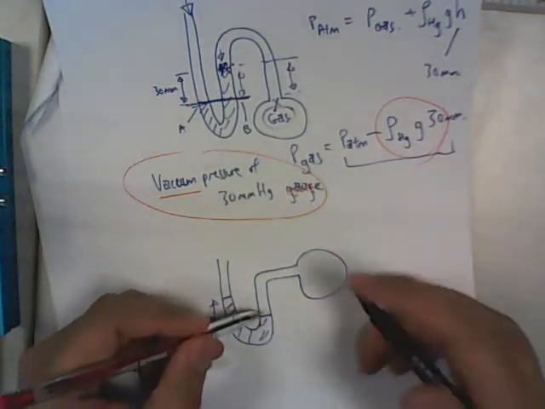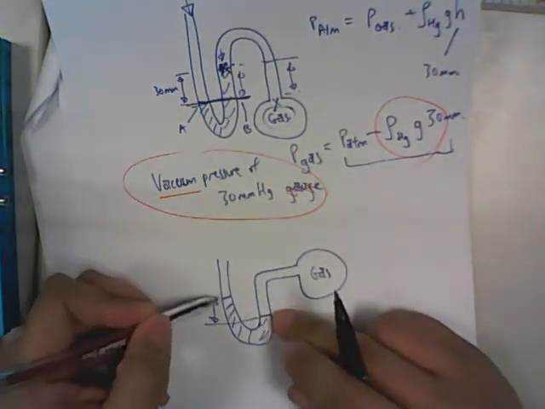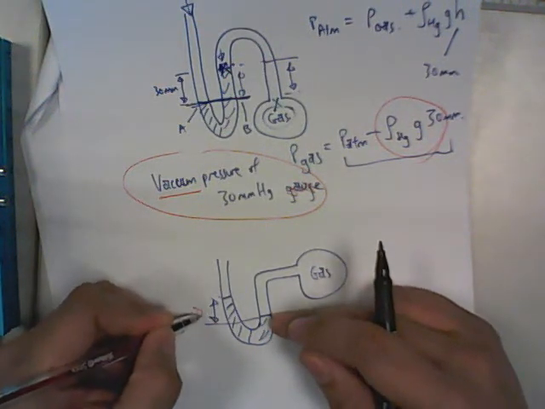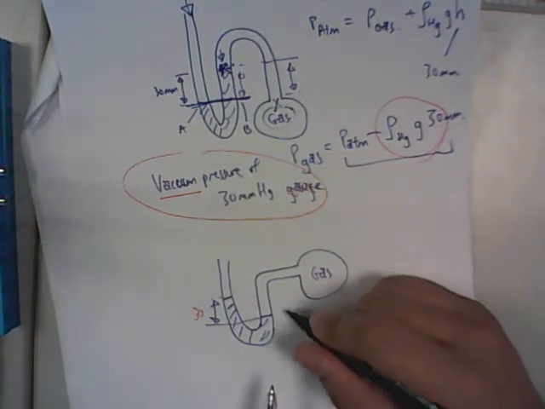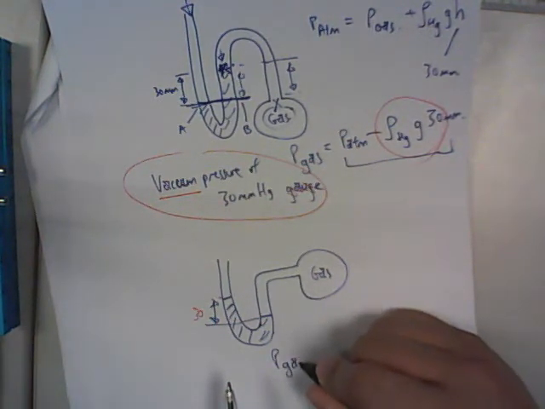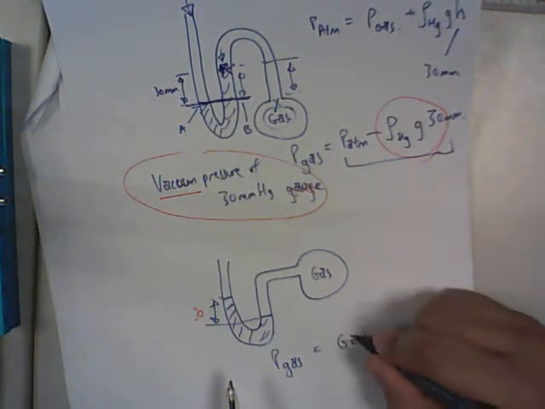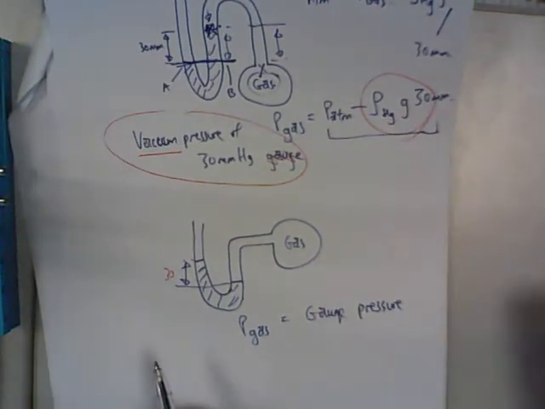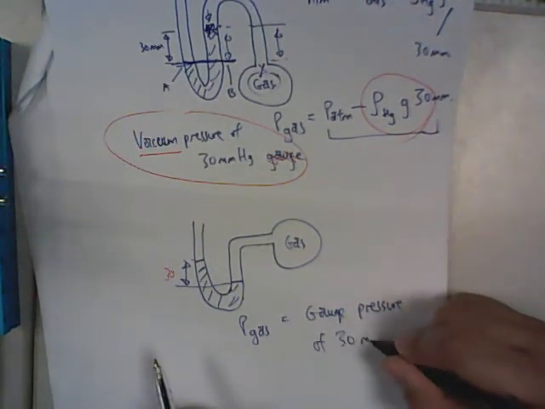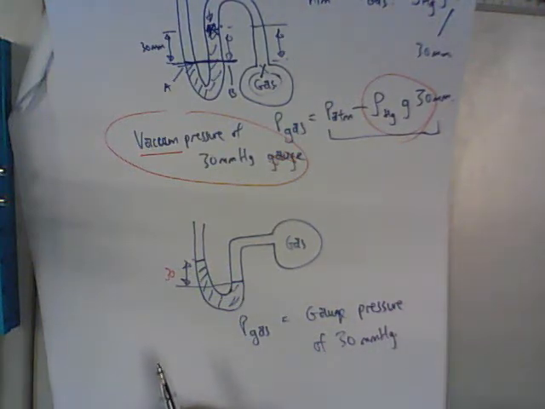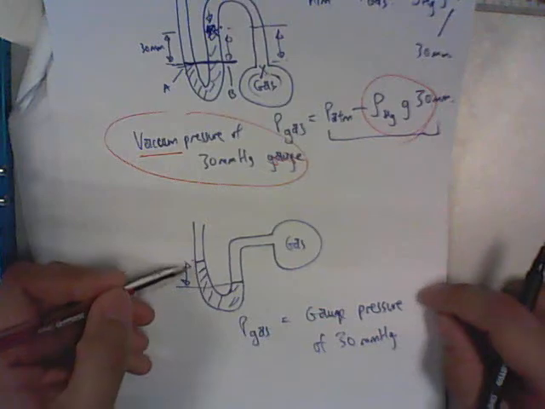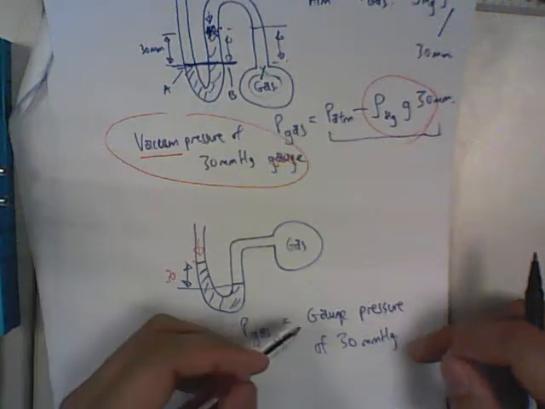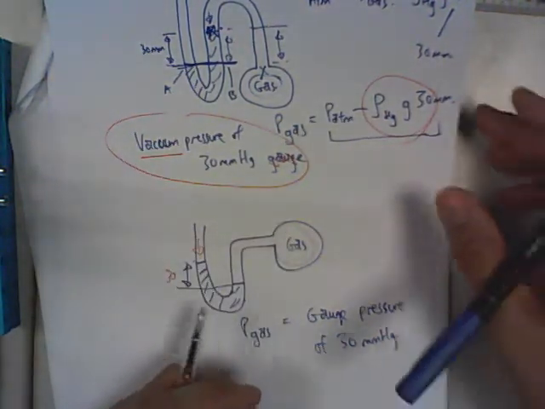So over here, the pressure of the gas is higher than the atmospheric pressure. How high is it? It is also 30. So over here, instead of a vacuum, the pressure of the gas is equal to a gauge pressure of 30 mm Hg. Because it's 30 mm Hg higher than the atmospheric pressure, you can say that it is a gauge pressure of 30 mm Hg. That's how this pressure can be expressed. Alright,